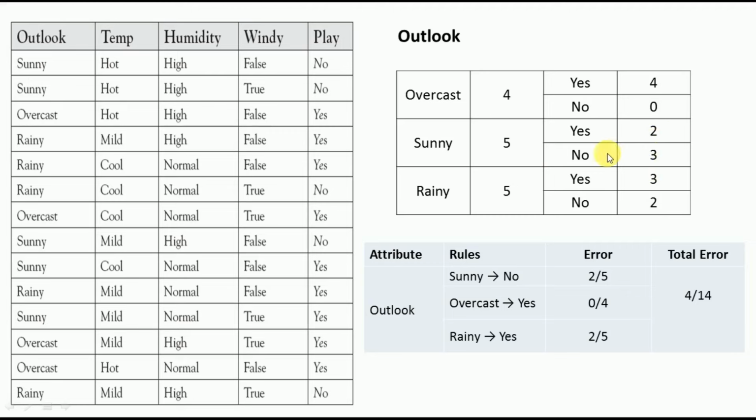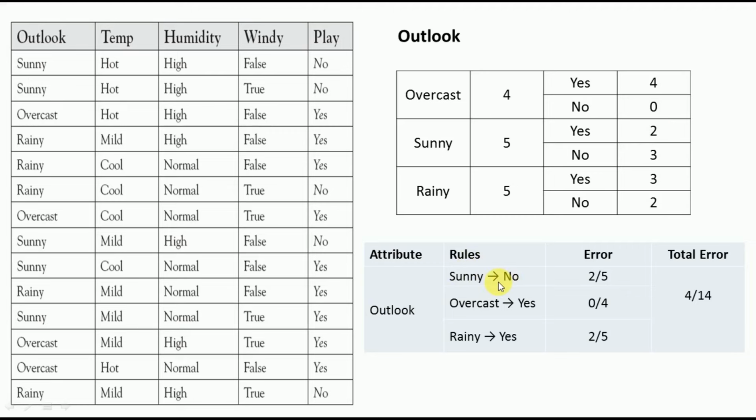3 incorrect decisions. If I make sunny is equivalent to no, how many correct decisions will I get? 3 correct decisions, 2 incorrect decisions. So what should be the answer in this case? It is better to go with sunny is equivalent to no, because I will get 3 correct decisions and 2 incorrect